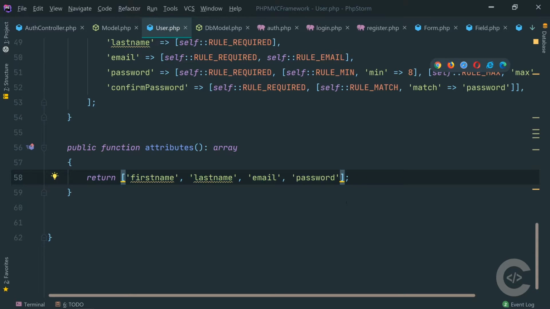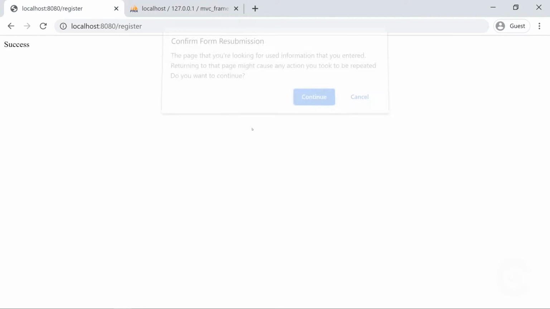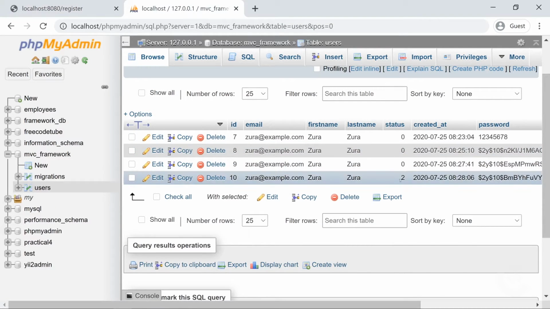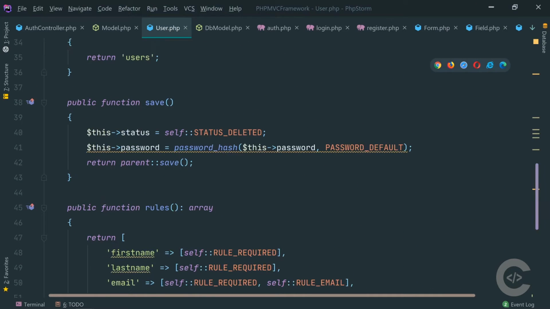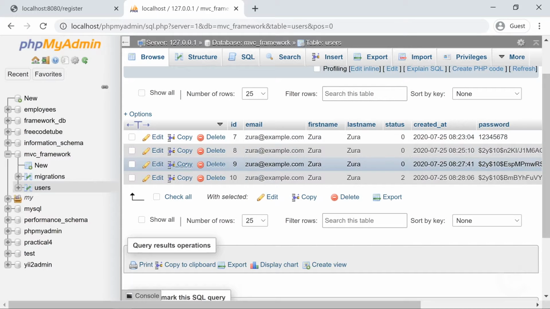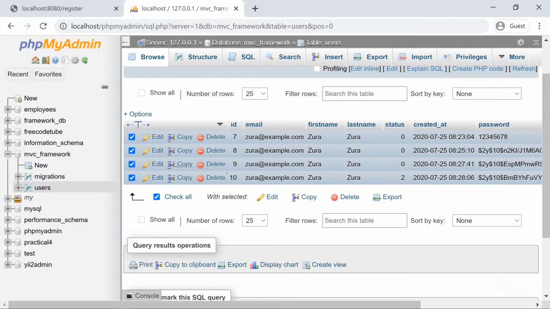So in the attributes we need to write that there exists status also in the database. Let's refresh it and have a look in phpMyAdmin, and here we see status 2. Okay, perfect. So let's just change this back into inactive, where we know that this works, and okay, after this, let's just delete all the records from here,